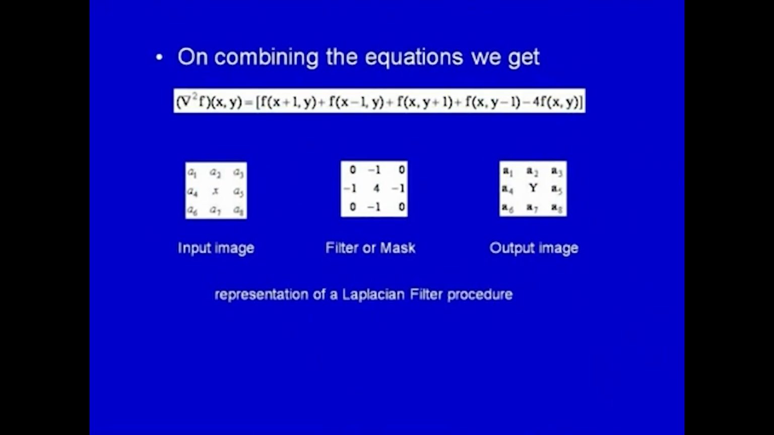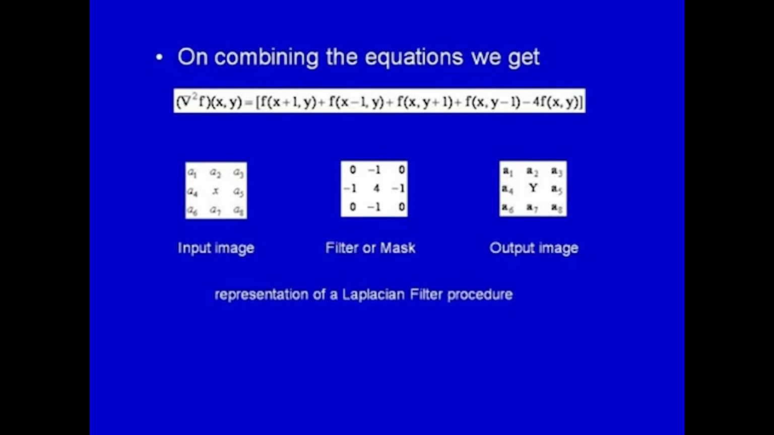On combining these two equations, we get that the second derivative of the function at x, y can now be written as function at x plus 1, y plus function at x minus 1, y plus function at x, y plus 1 plus the function at x, y minus 1 minus 4 times the function at x, y, or this can be simplified into a kernel or a mask which can be utilized,